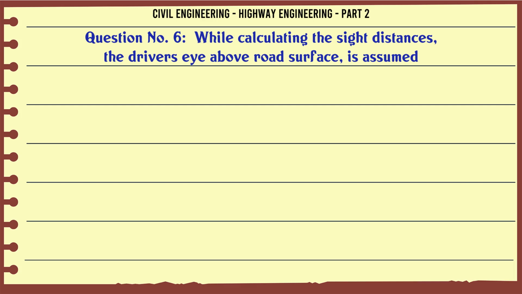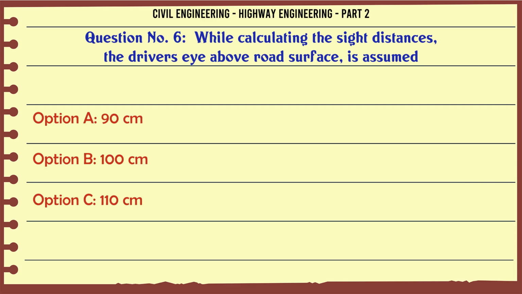While calculating the sight distances, the driver's eye above road surface is assumed A. 90 cm, B. 100 cm, C. 110 cm, D. 120 cm. The correct answer is